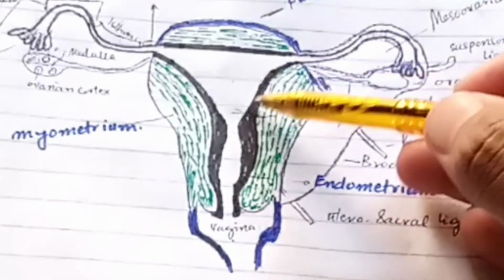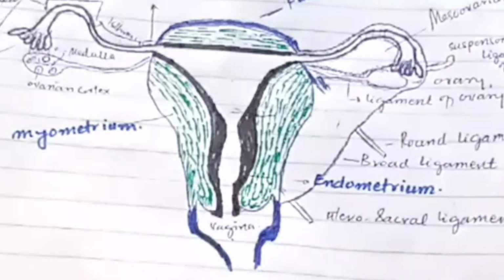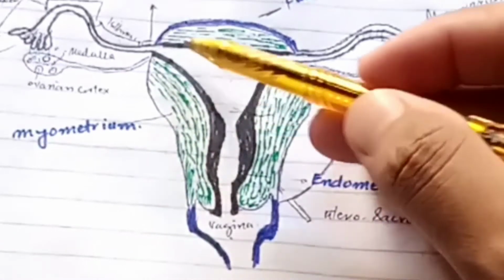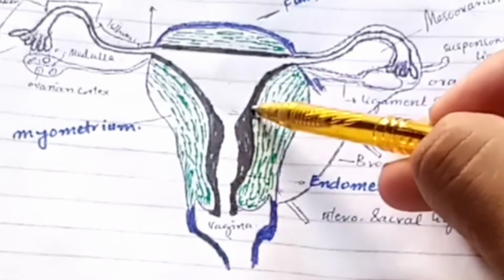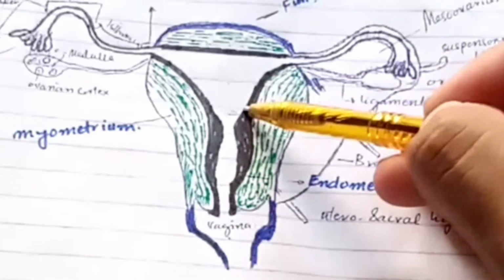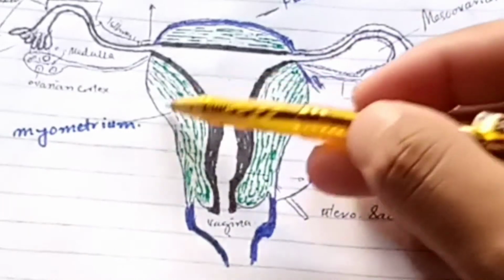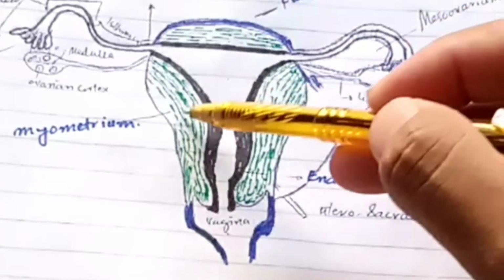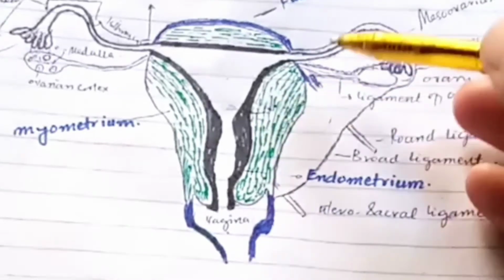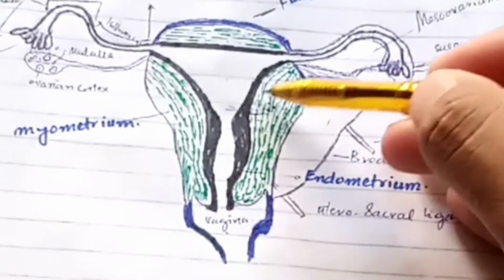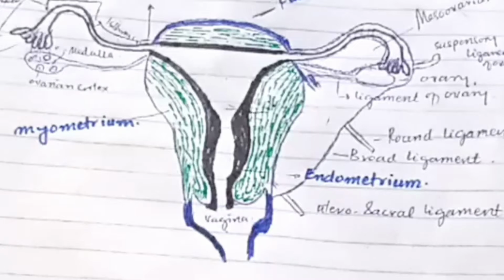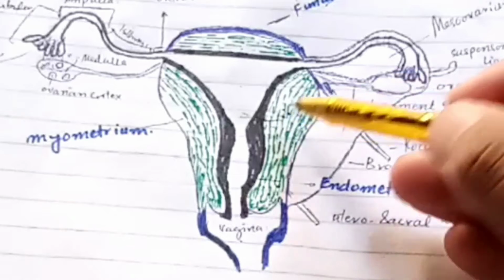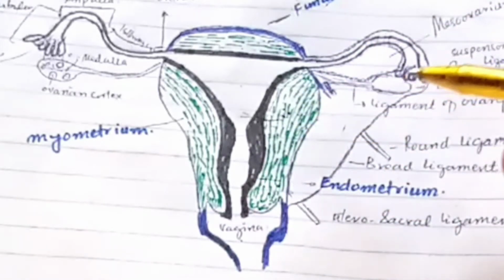So the layers of the uterus, mainly there are 3 layers of the uterus. The layer that lines the uterine cavity, here you can see this black layer, is called endometrium, which is hormone responsive. And this green layer of the uterus is called the myometrium, which is mainly made of smooth muscle and a small amount of fibrous tissues. The third layer, which I have not drawn here, is the perimetrium, which is a part of the peritoneum,